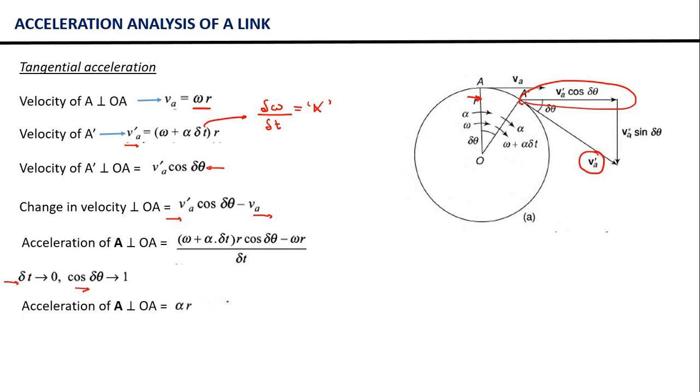So just remember, this is the magnitude of the tangential acceleration component, right? And obviously the direction in this case will be perpendicular to OA, and again the sense of this vector will be towards